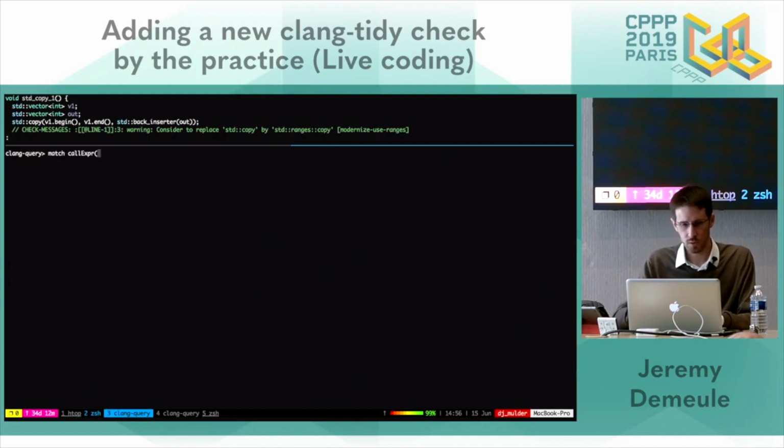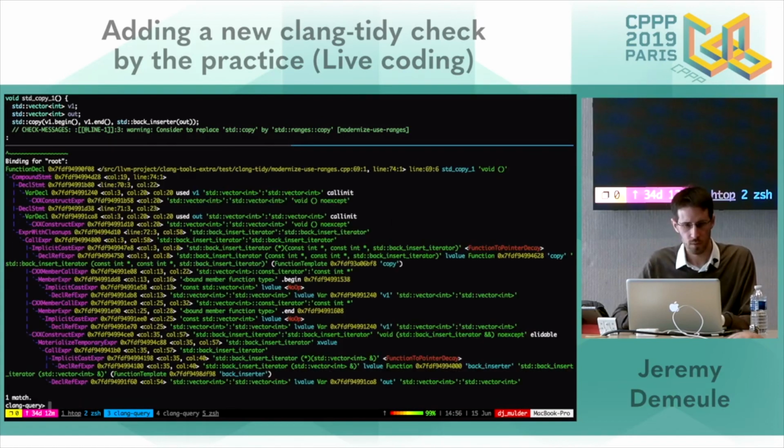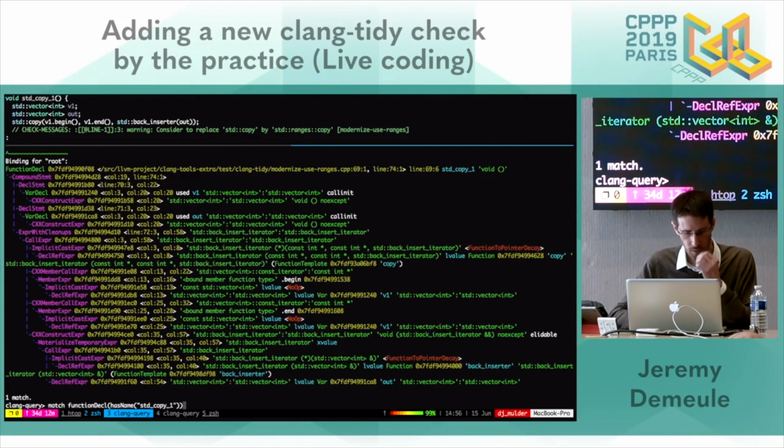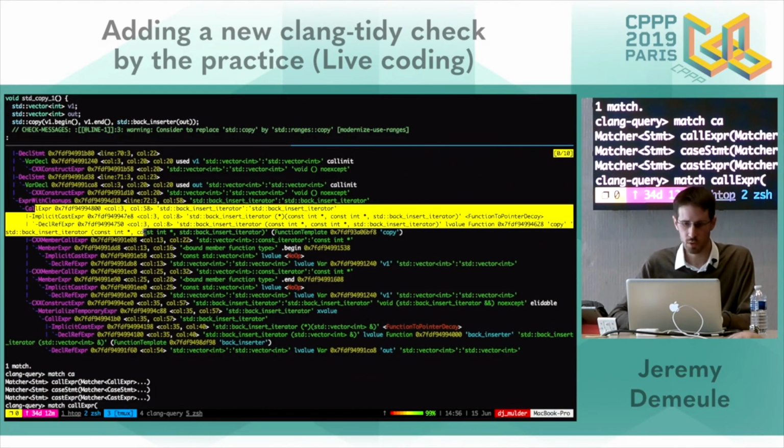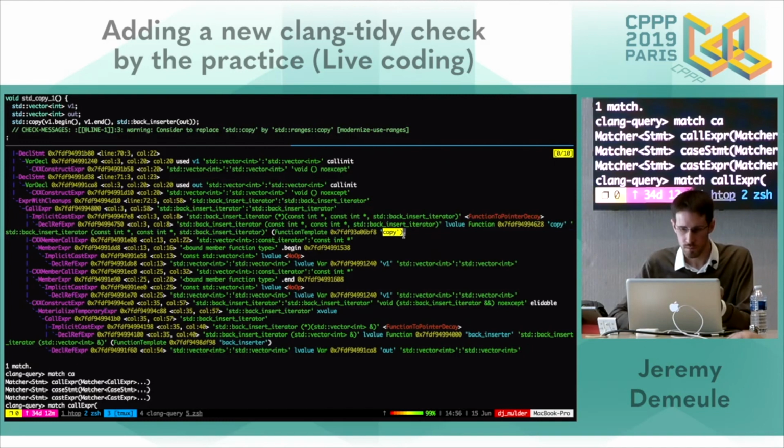But call expressions on something. Let's do it again. So, match a callExpr, but I need the call expression on copy. I don't want all the call expressions. So I need the call expression where the callee is a function declaration which has the name copy.